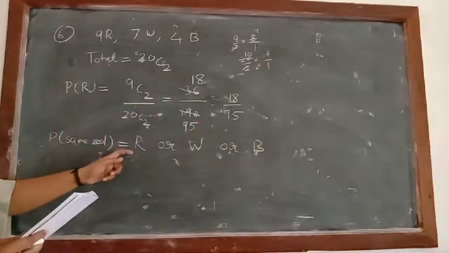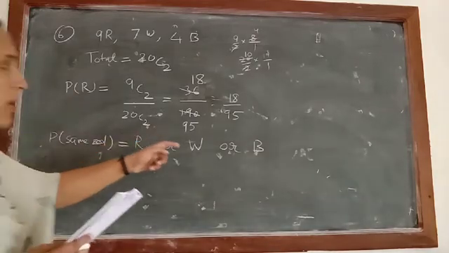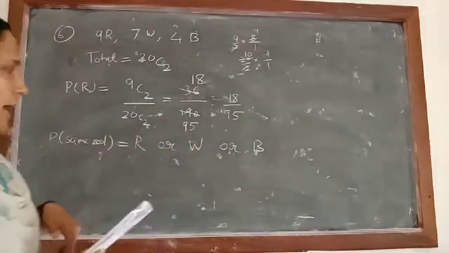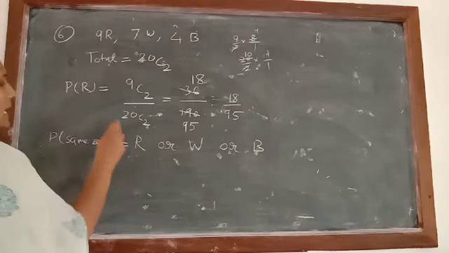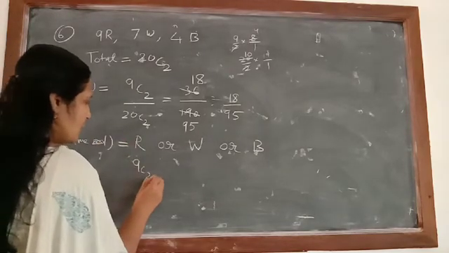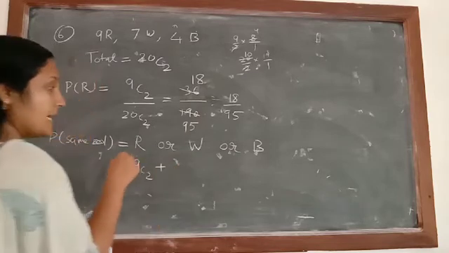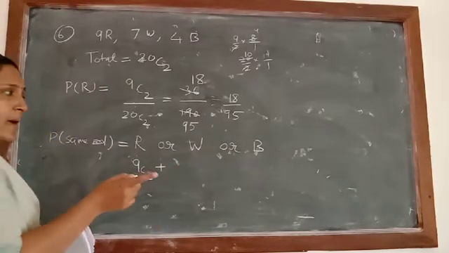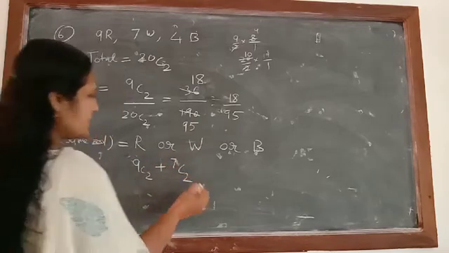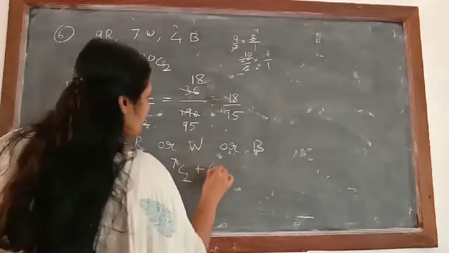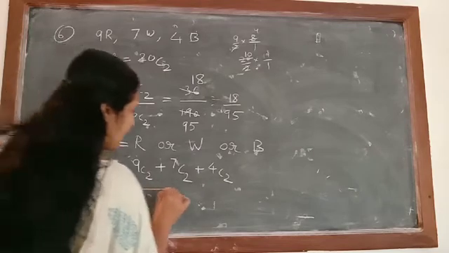Either the balls we are selecting will be of red color or white color or black color. So what is the number of ways of selecting a red ball? 9C2. "Or" means what we have to write? Plus there. If "and" is there, then multiplication. How many white balls we have? 7. So 7C2 plus 4C2 by total